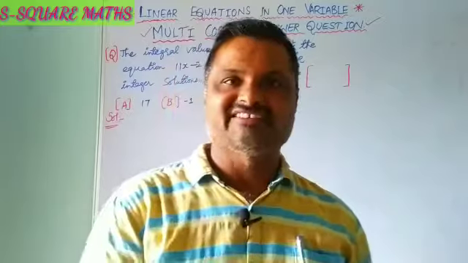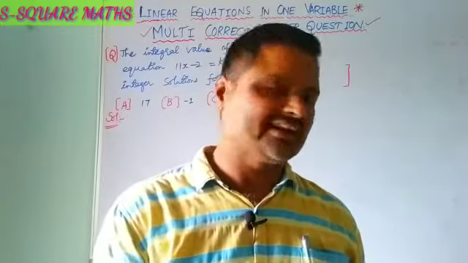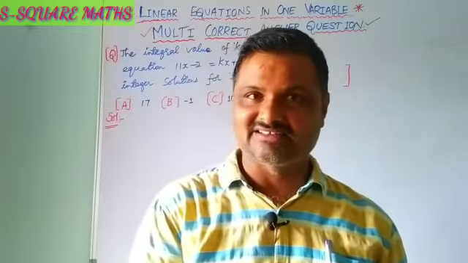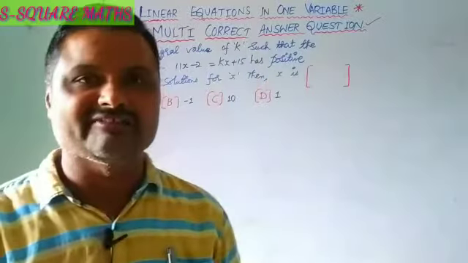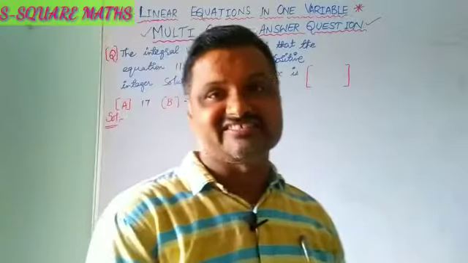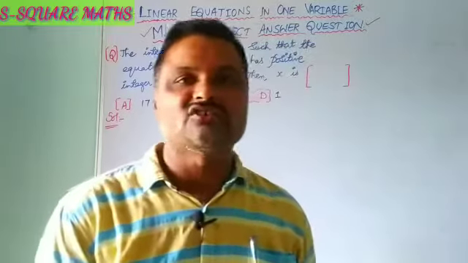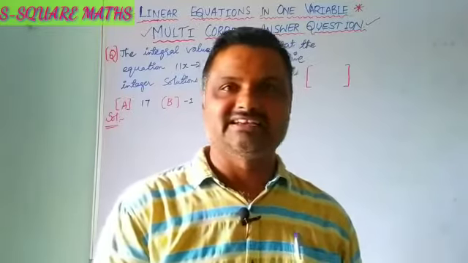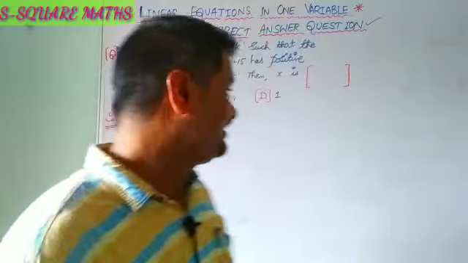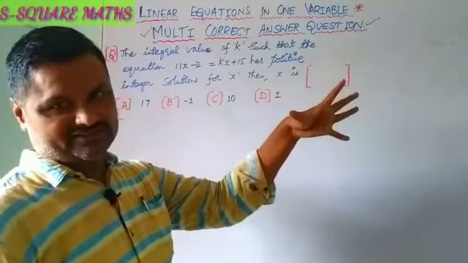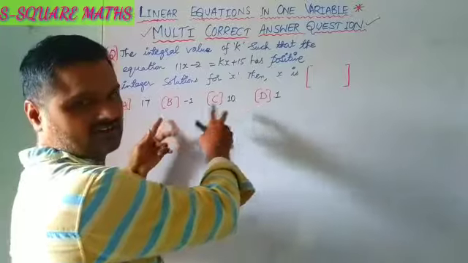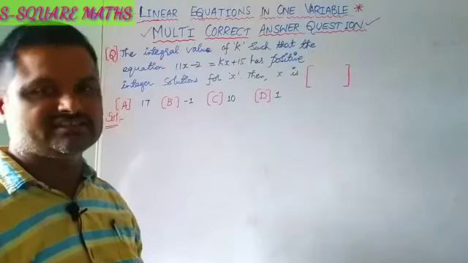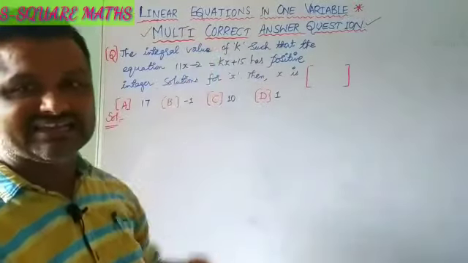In previous days or in the examinations you have written, completed examinations or the board examination, you had fill in the blanks, match the following or choose the correct answer. But here at the competitive level, in various Olympiads, Quest, RMO and ASRO examinations at the school level, and IIT JEE Mains, MSET, TS and AP, you are going to get multi-correct answer questions. So ABC may be the option, or BCD, or BDA, or only BC or only CD. Such types of questions are called multi-correct answer questions.